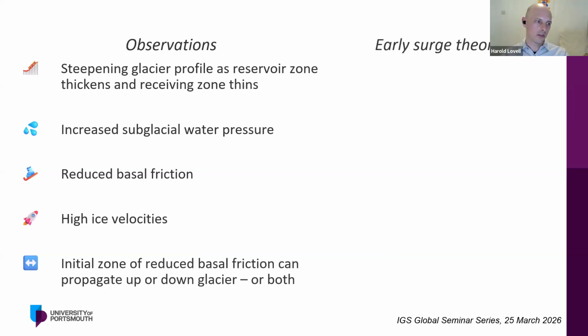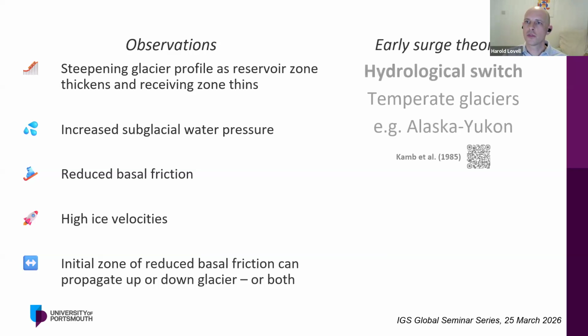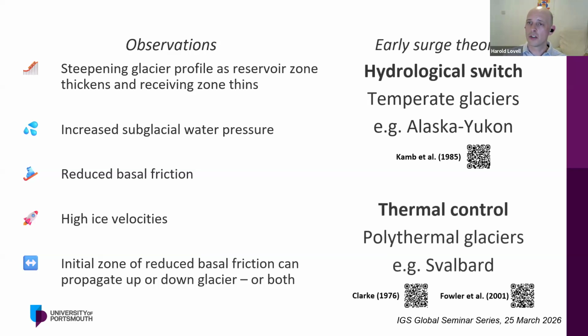So how to explain why these occur, why glaciers surge? Early surge theories focus very much on characteristics to do with the hydrology beneath the glacier. So the classic Kamb model from Variegated Glacier, looking at temperate glaciers and changes in subglacial hydrology. The other theory, if you like, and not to say that these are completely incompatible with each other,